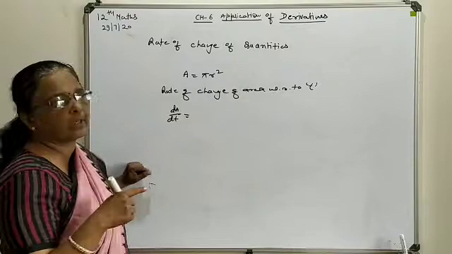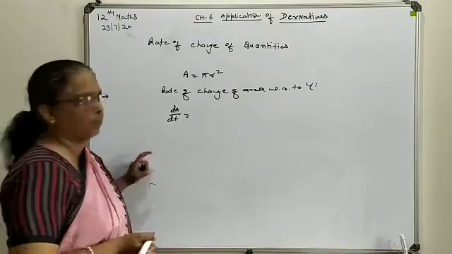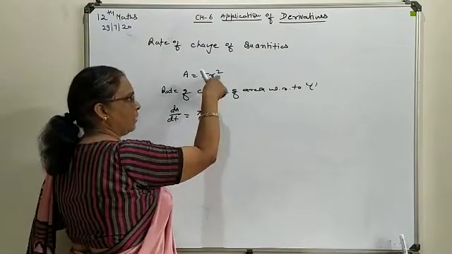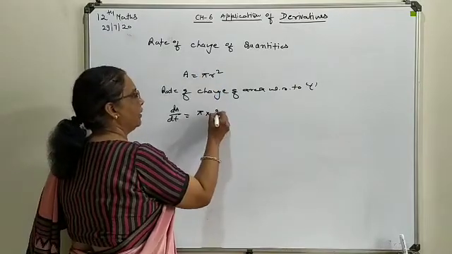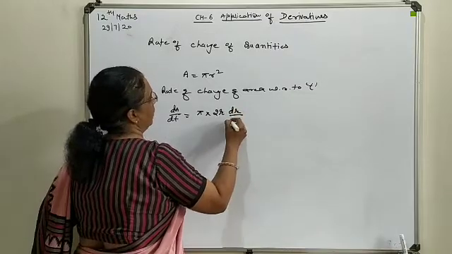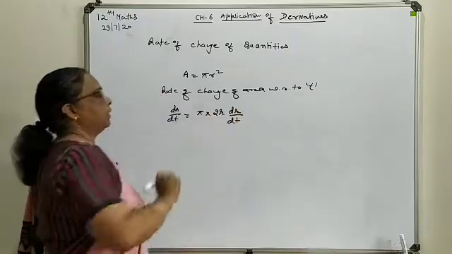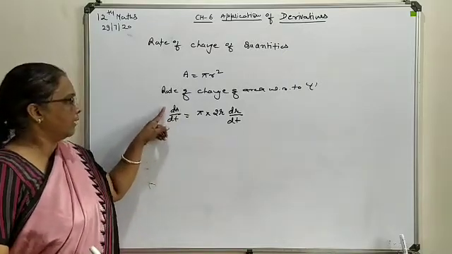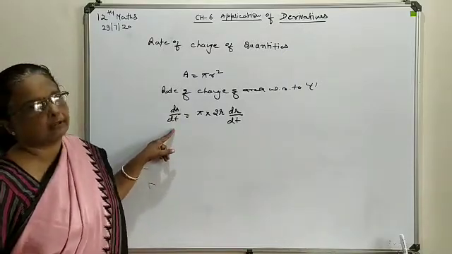So this t becomes the third variable over here. This pi will remain as such. Treating r squared as x power n, it will be 2r, and because r is a parameter, dr by dt. Related information will be available in the question. On the basis of that, the rate of change of the area will be evaluated.